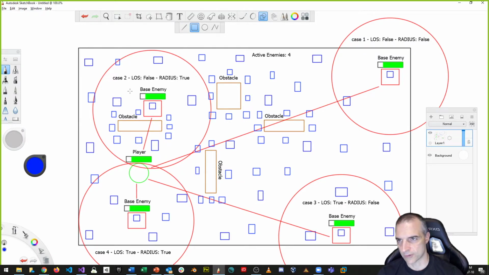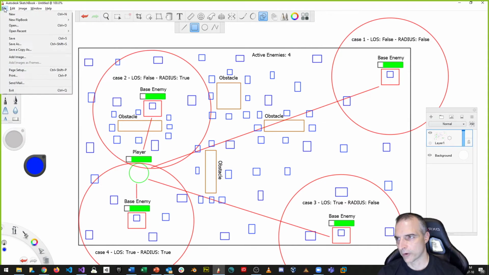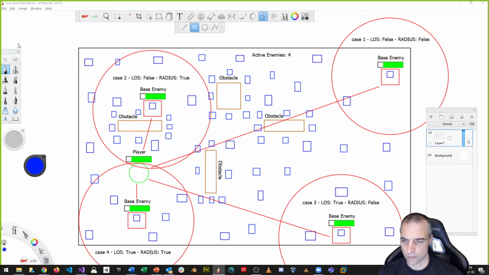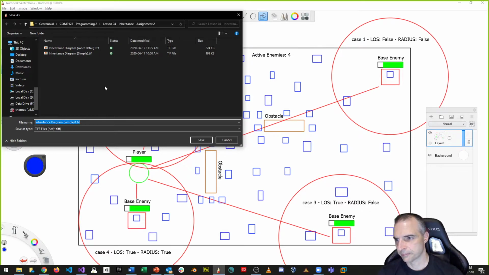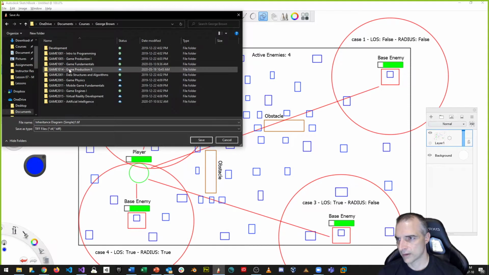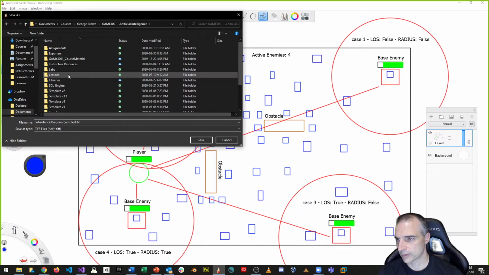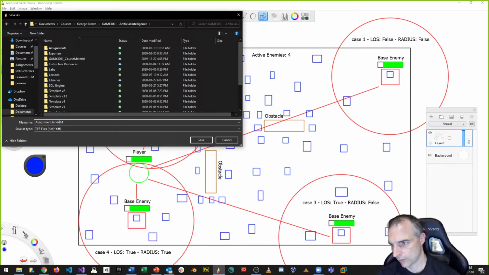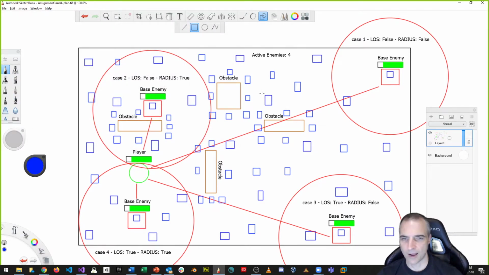I'm going to store this on Blackboard now. So I'm going to say save as for you guys, and then we'll bring this up again next week. I'll put this inside of our course shell for what we're talking about this week. So I'll save it for now, and we'll call this a plan for assignment 3 and 4. Assignment 3 and 4 plan. Okay, and I'll move that into